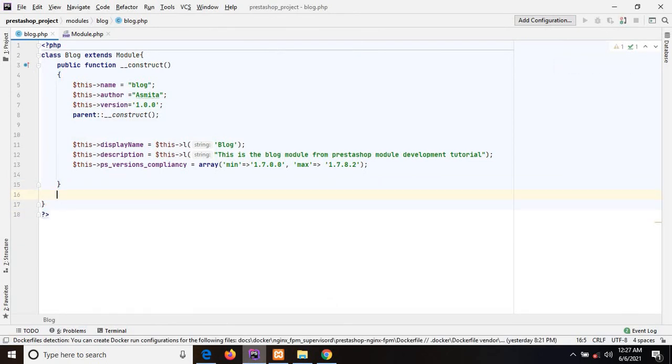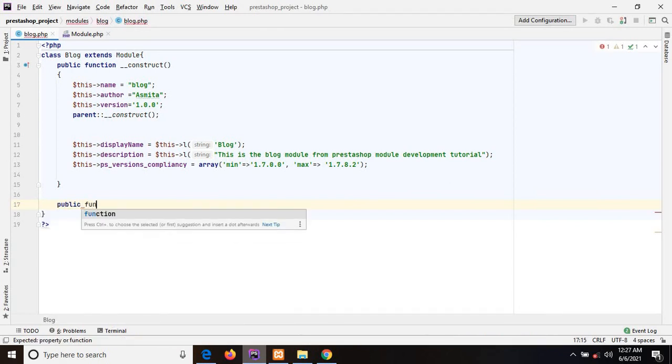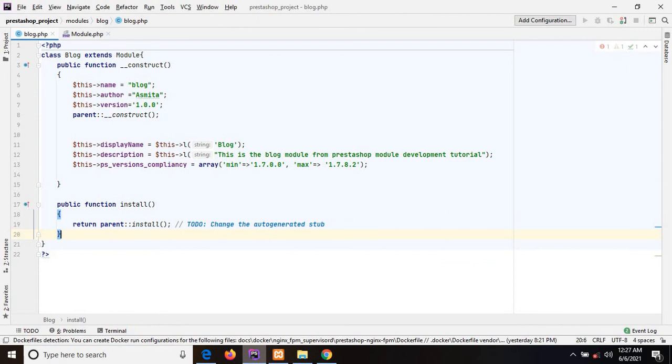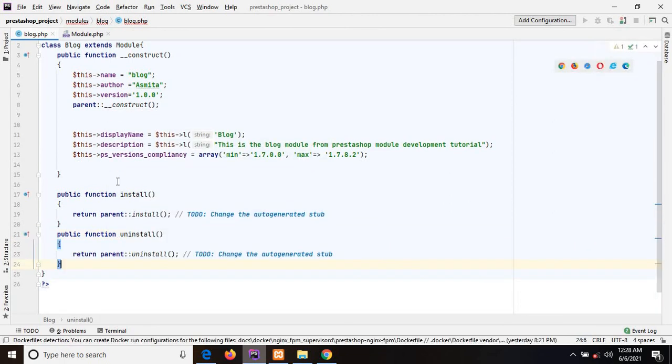Here we'll write some functions, that is public function install and another function for uninstallation, so uninstall. The working of these functions is for installing the module, or if you want to perform some functionalities after the installation, you can write the code here under the install method.